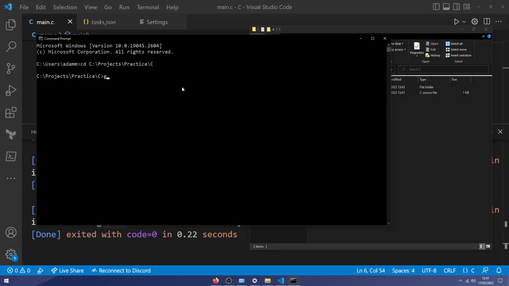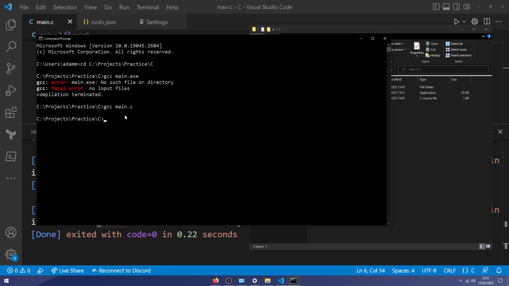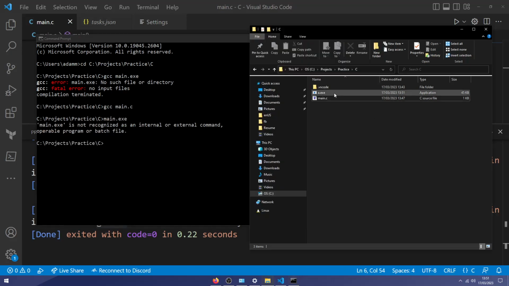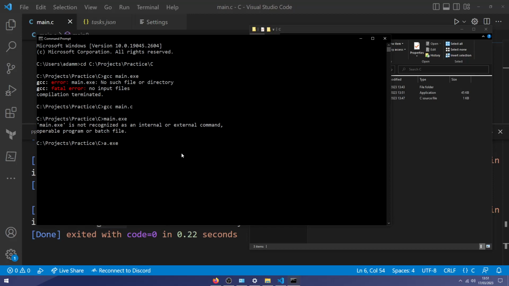Now let's try running this manually without VS Code. You do this by opening the command terminal and navigating to the directory which our project is sitting in. And now type gcc followed by the file name. Oops, I typed in .exe. It's supposed to be .h. Now after you type that, it creates a new exe file, an executable. So go ahead and run that. And that's how you run it manually. But let's go back to VS Code.